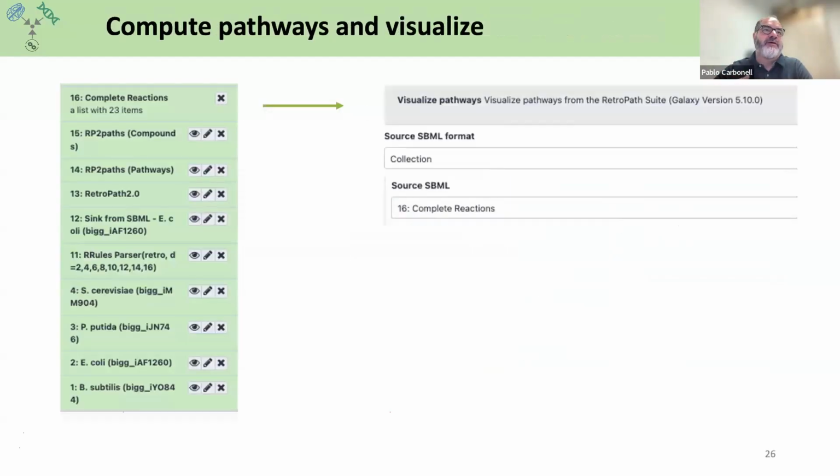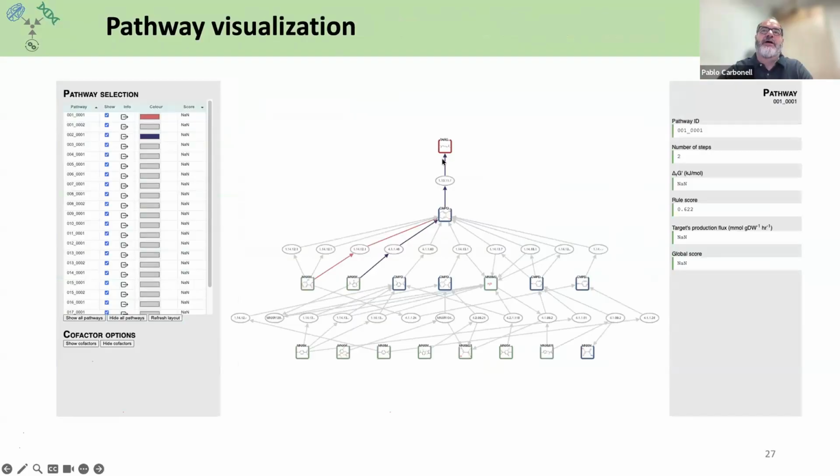So after running the workflow, you see these different steps here that were successfully completed, and at the end, what it generates is just a collection of reactions similar to what we were discussing in my previous slides of this metabolic scope. So you see here, there's a very basic tool in Galaxy for visualizing the pathways